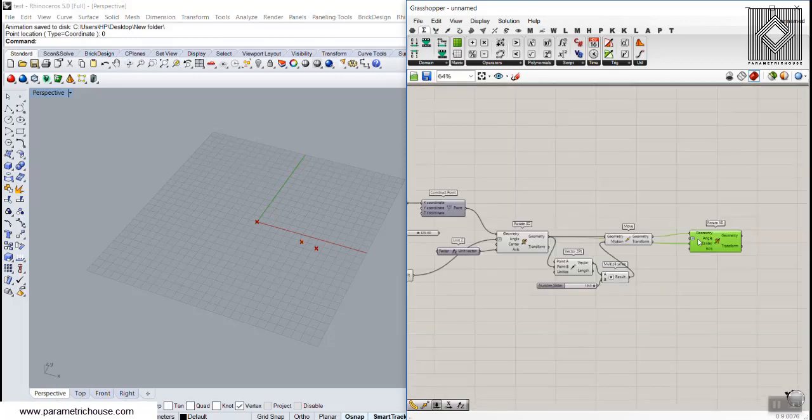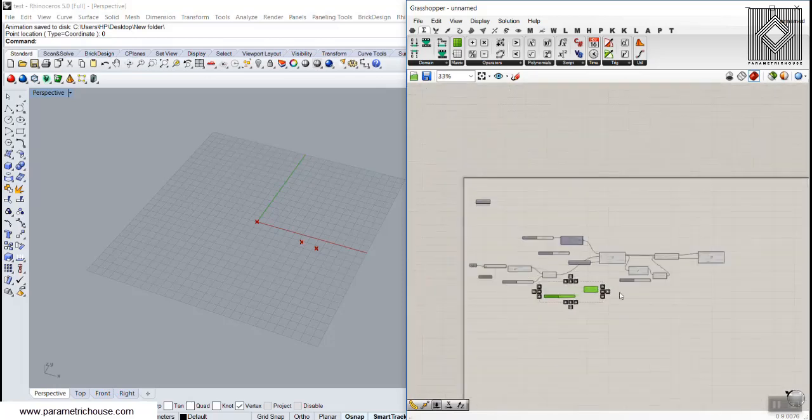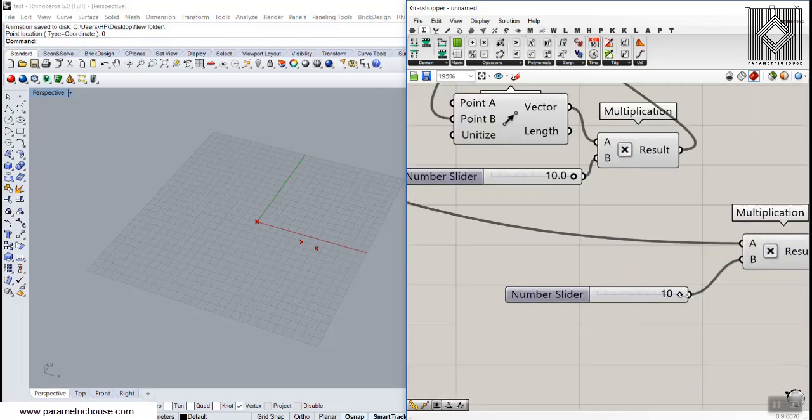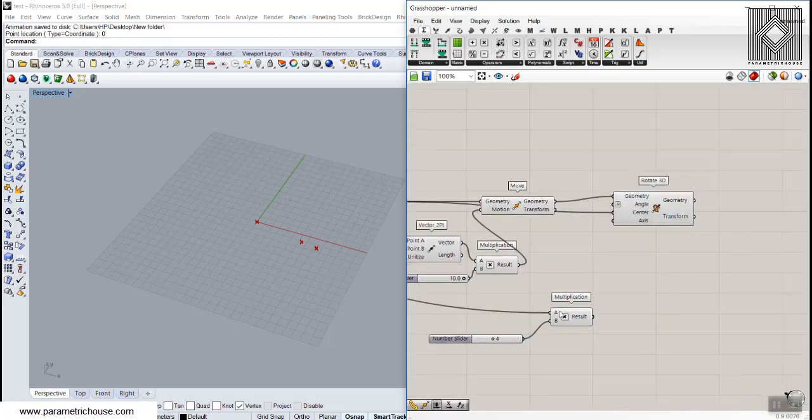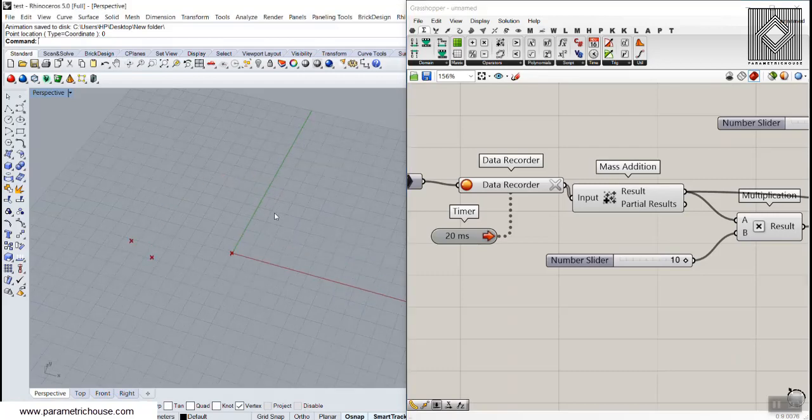And now we can use this timer again with another speed, maybe just 4, and give this to the degree, and let's just turn this off. Okay, so now when we turn this on, you can see that they are rotating based on different speeds, and that will make an animation